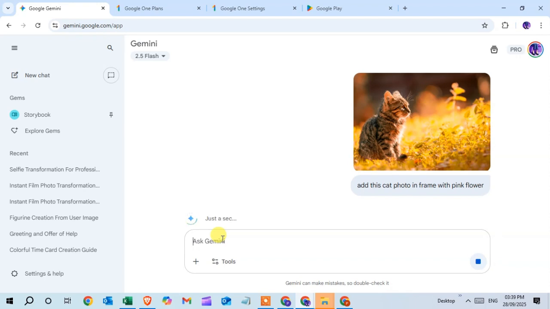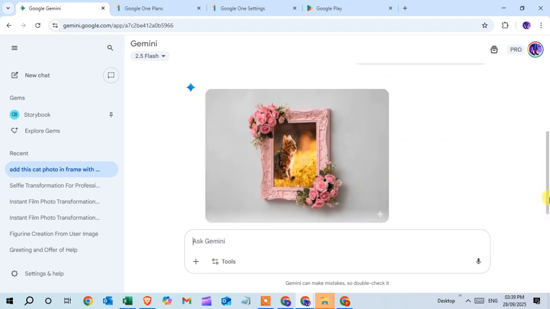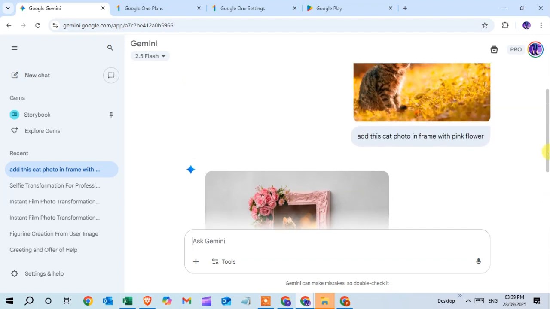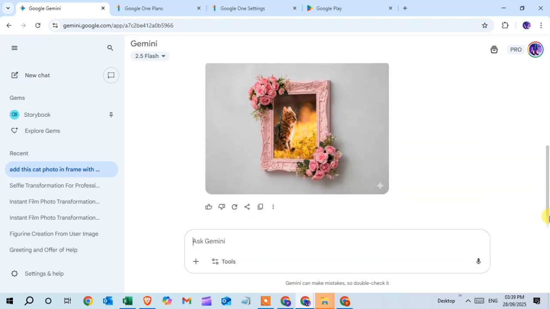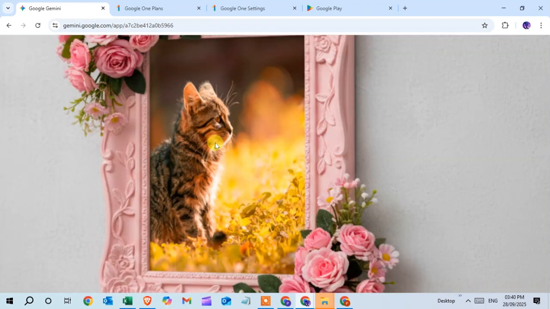Gemini has created the cat photo in frame with the pink flowers. Wait for a few seconds. It's generating the image and here you go. Your cat photo is ready in frame with the pink flowers. See the difference. See how Gemini gives you a photo with clarity. When you click on it, you can see the clarity of this photo. I just zoom in, see the clarity. So that's it. This is the way you can use the Gemini